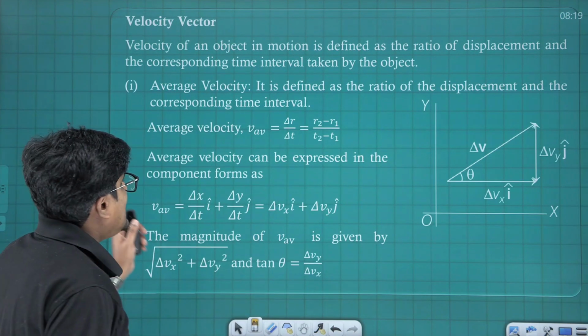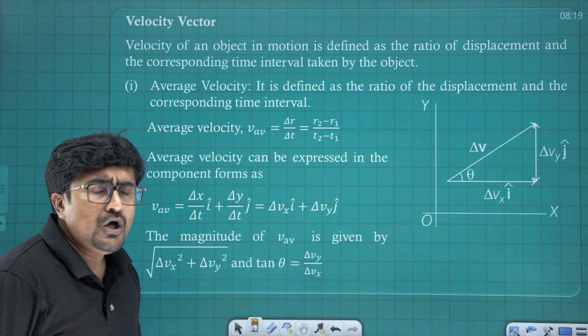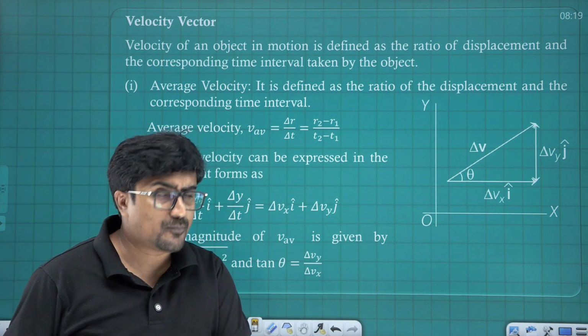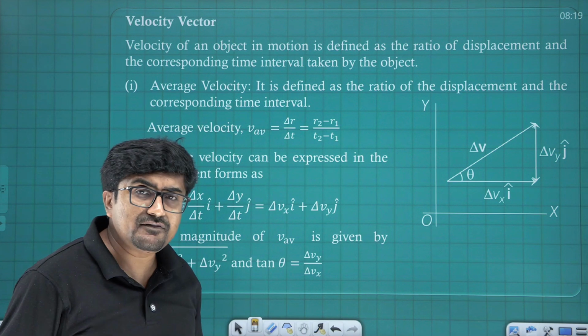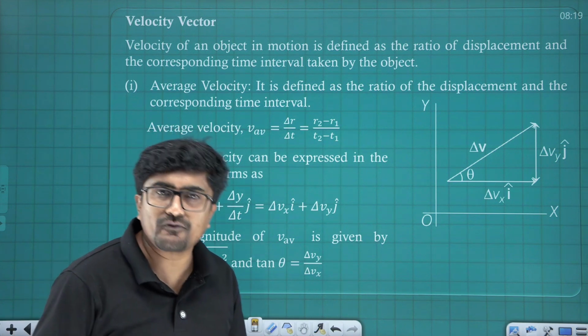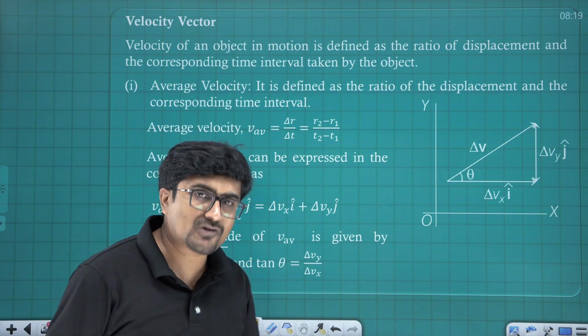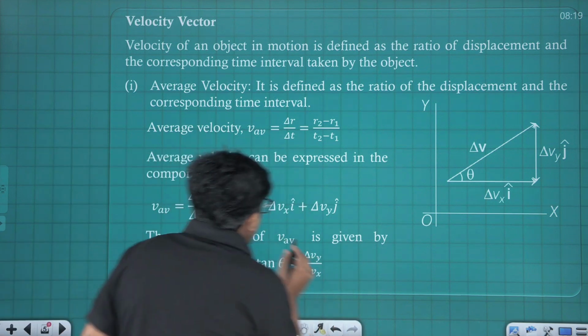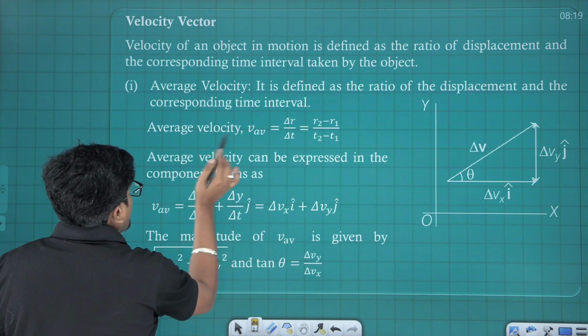Next, what about the velocity vector? You all know that the rate of change of position is velocity. So for the velocity vector, since the motion is happening along a plane, the velocity will also have two components, an x component as well as a y component. So we can represent the velocity as, see, in this here,